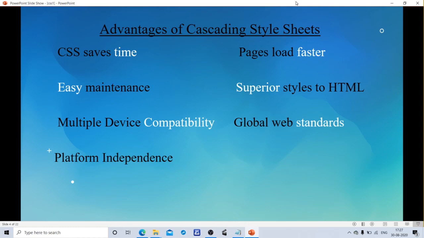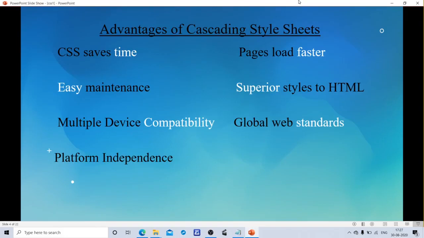Next advantage is global web standards. Now HTML attributes are being deprecated and it is recommended to use CSS. Why? Because for future compatible browsers, we are deprecating HTML attributes in favor of CSS.